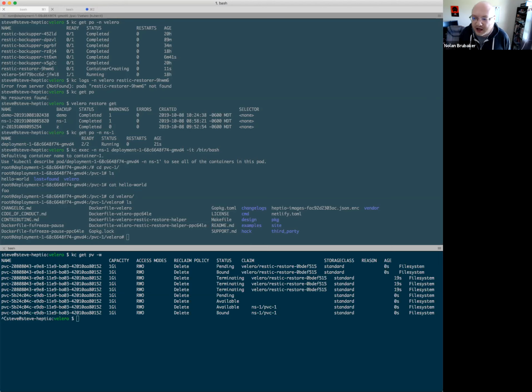But I do know from our perspective, there are users that want to dig into Restic and get the full support out of it. They want to be able to manage the repo themselves and manage their own keys and stuff like that. And while the current support is nice for people who don't want to do that, because it just does it for you, for people who do, it doesn't really help them. They're kind of stuck.